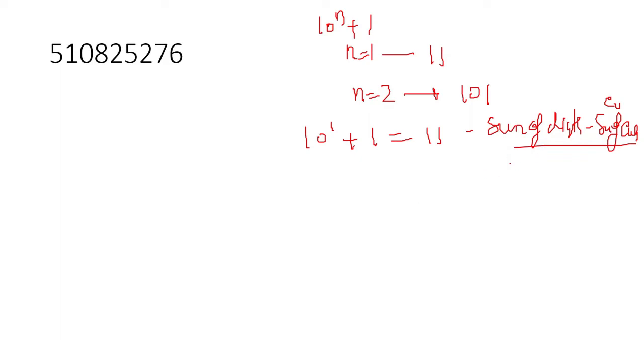So when you do this, you get a result. If that result is divisible by 11, then the number is divisible by 11, else the number is not divisible by 11. Now 10 to the power 2 plus 1 equals 101, and the rule is the sum of digits